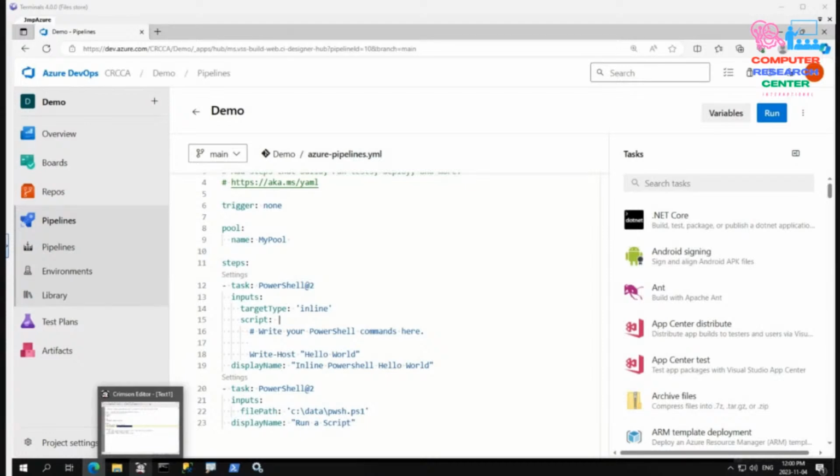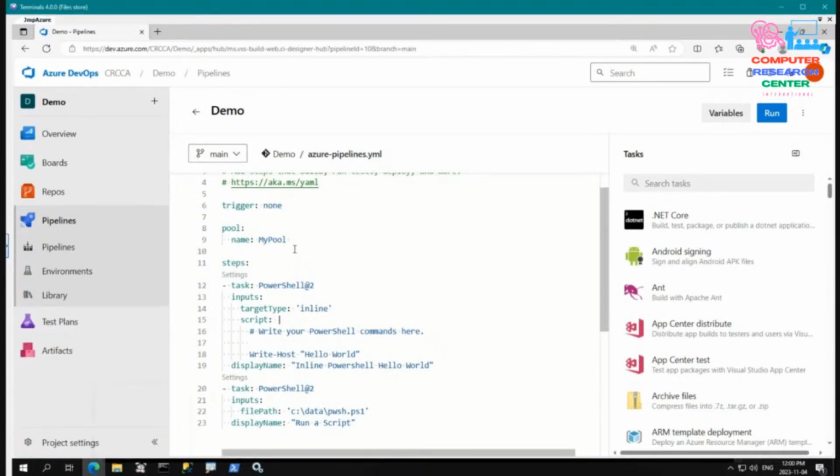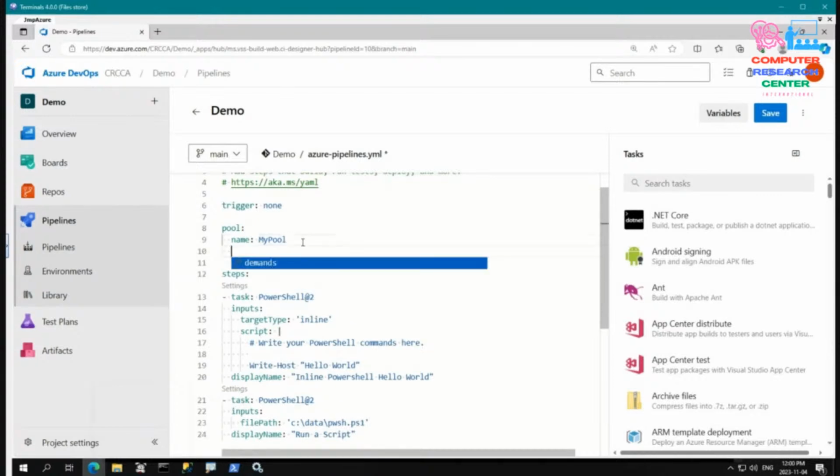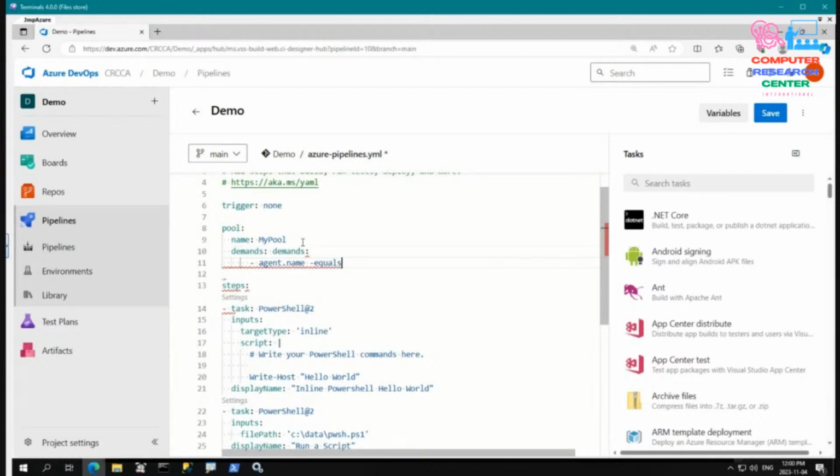Okay, there is a demands clause. After this one, see, it is showing every bit. Okay, there is space, enter, and demands. See, demands is already there. Demands that the agent name equals